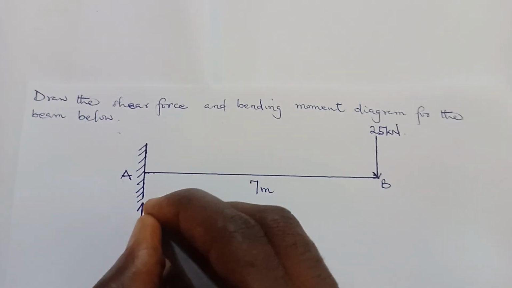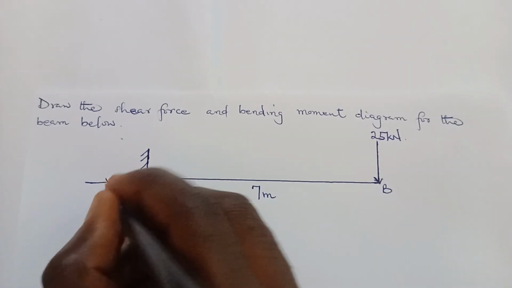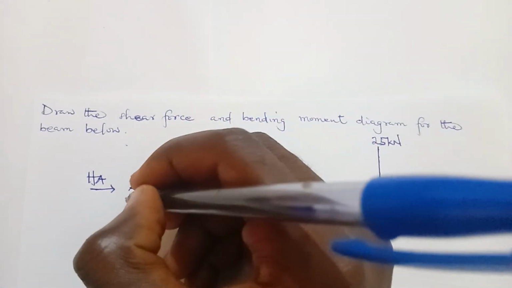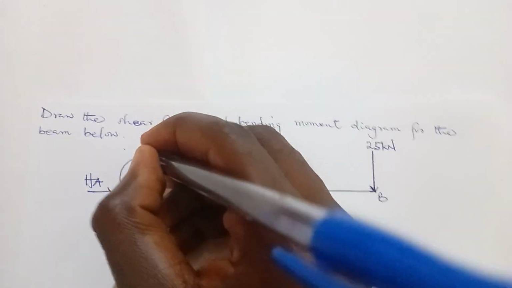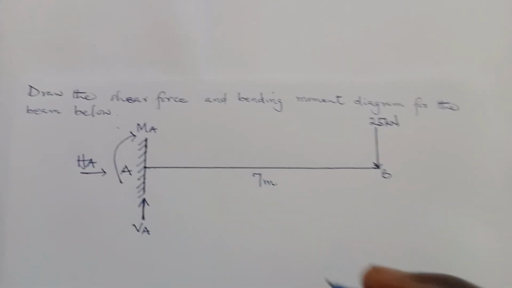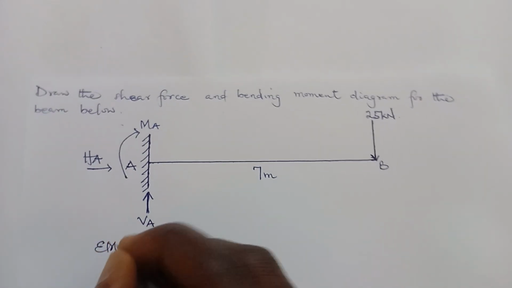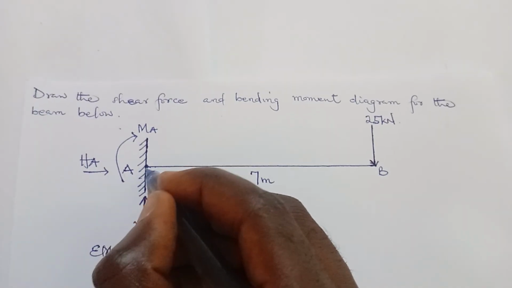So a vertical reaction, we call it VA. A horizontal reaction, we can call it HA. And a moment, so we can take the moment in the clockwise direction and we'll call it MA. We have to make use of our equilibrium equations. So sum of moments about point A is equal to 0. And taking moments about point A,